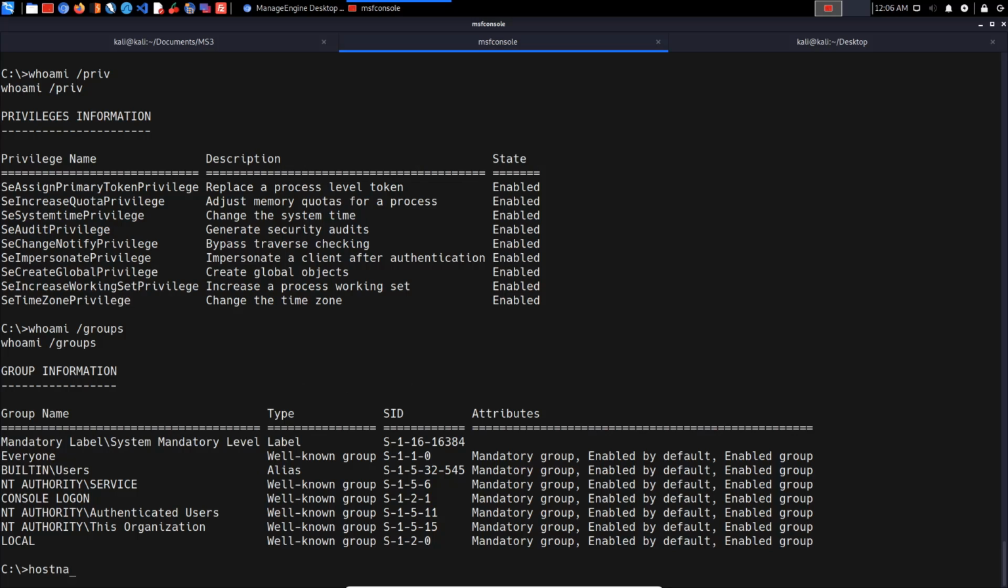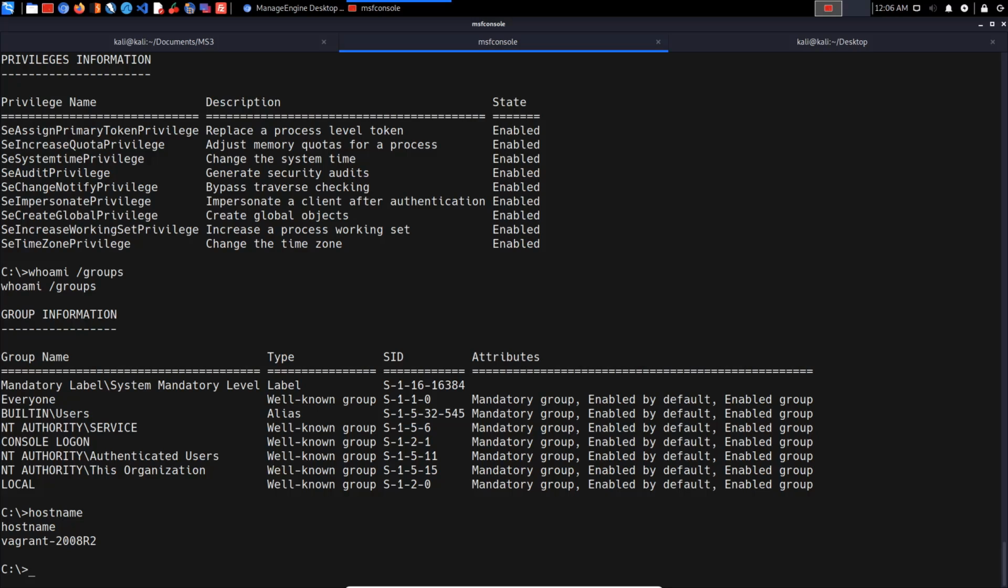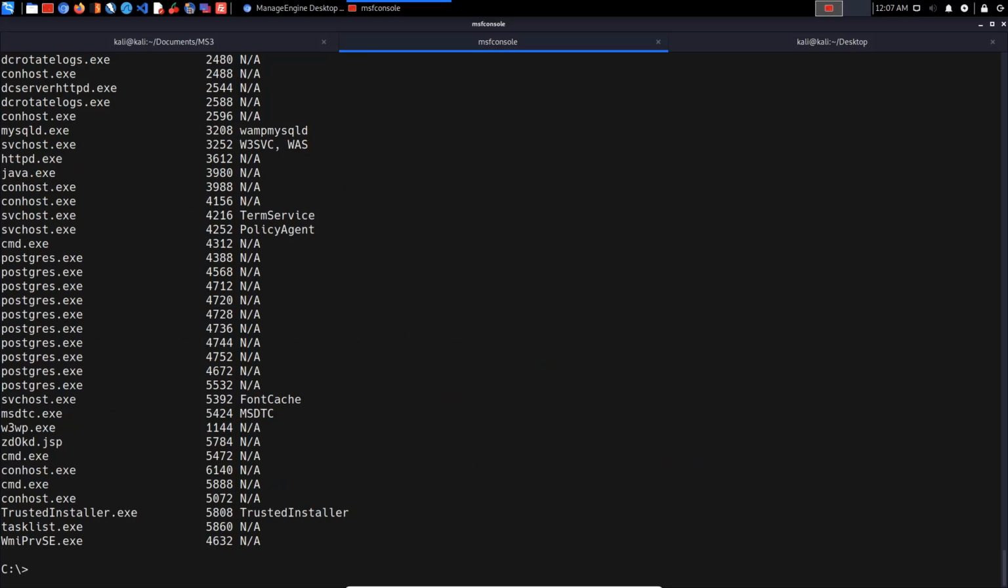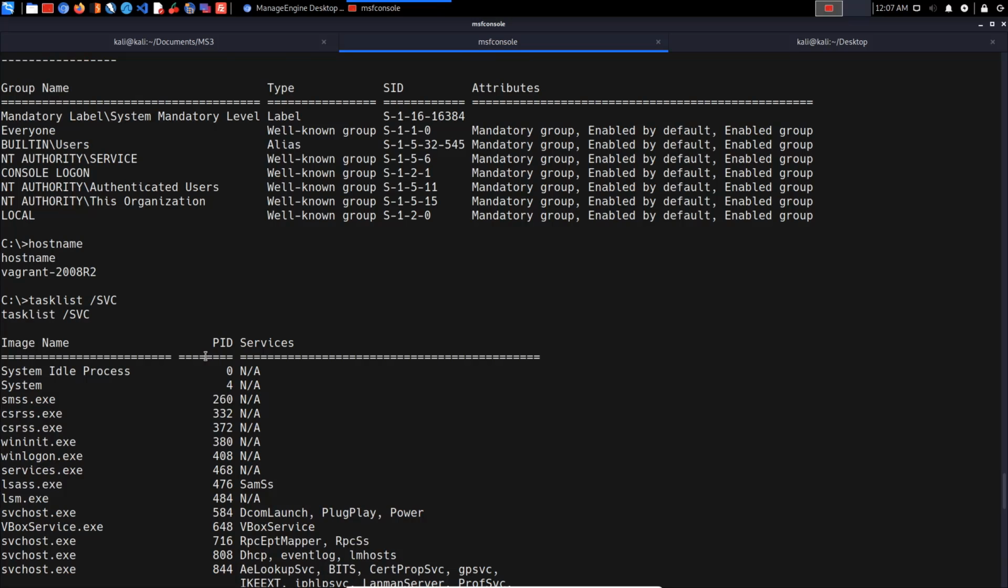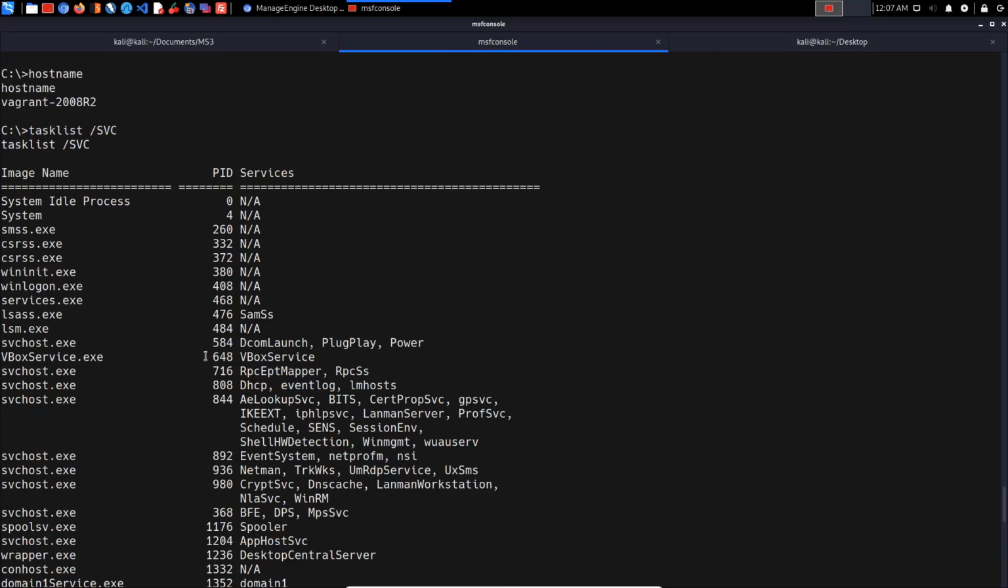If we list out the host name of the machine, that again gives us an idea of what we're dealing with. And if we want to list out the tasks running within a shell, as opposed to a Meterpreter session, we can do this using the tasklist /svc command, right? So if I hit enter, tasklist /svc gives us the various tasks and the process IDs here,